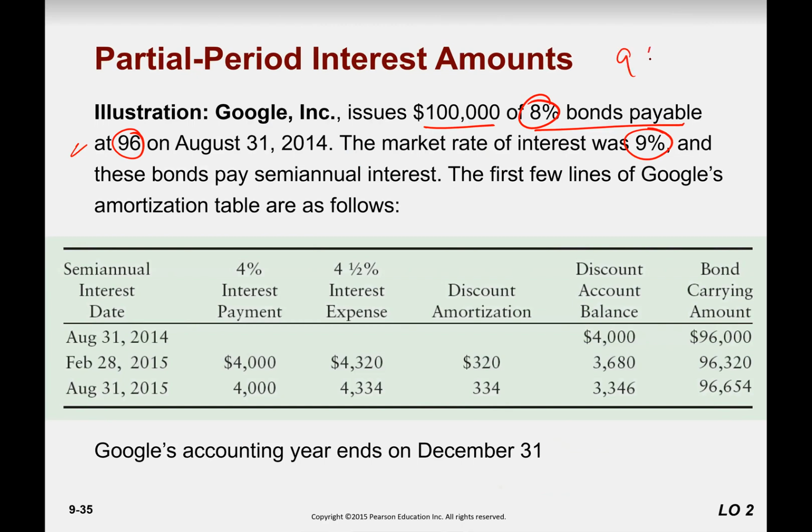Market rate is greater than the coupon rate. Market rate is greater than the coupon. So this is the case of discount. That's why it is quoted at 96. And what do we mean by 96? It means company received 96, which means